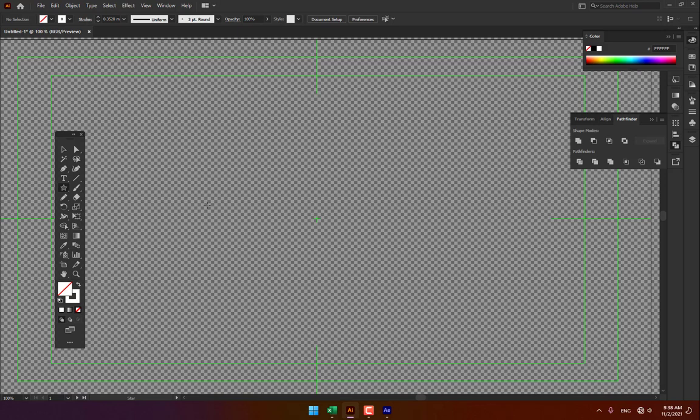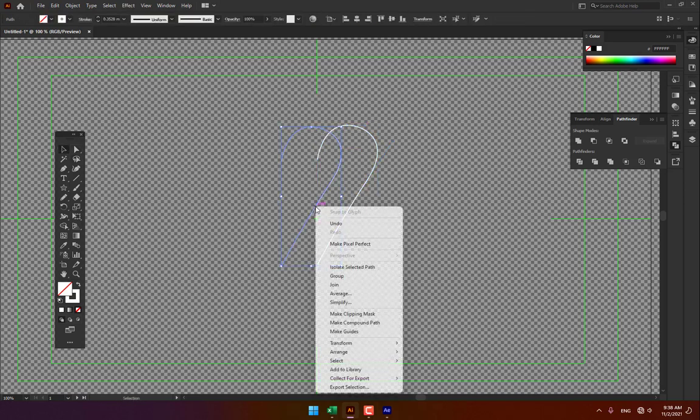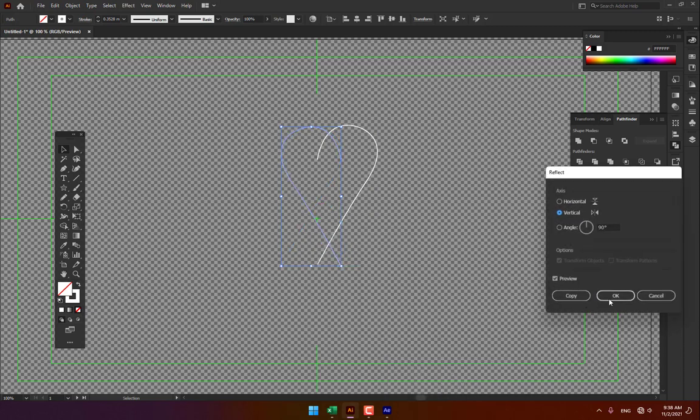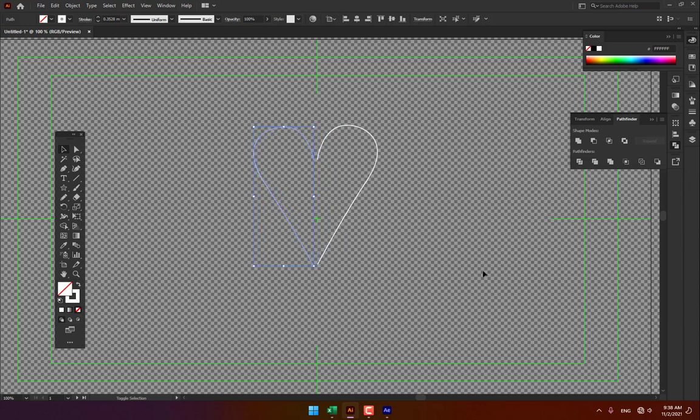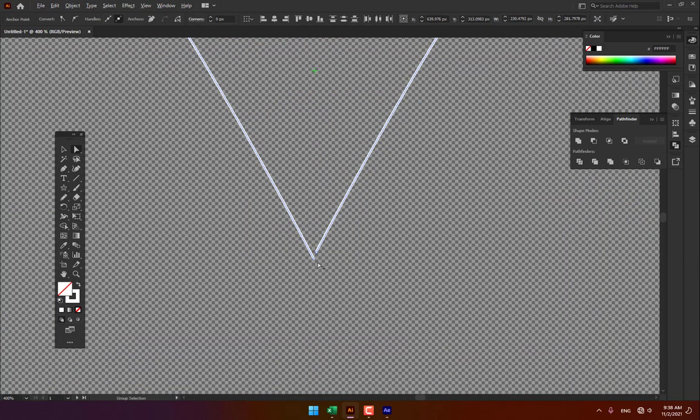Select a new page, video and film project, then select pen, escape, press Alt for copy and right click, transform, reflect, OK, and move here. Then select these 2 points, Ctrl J for join, and zoom in,